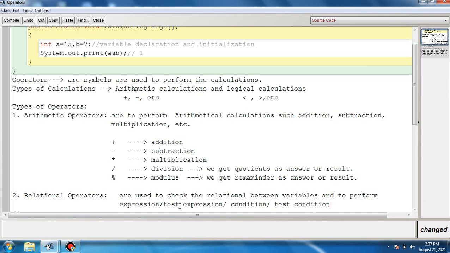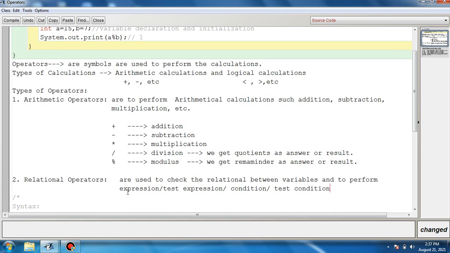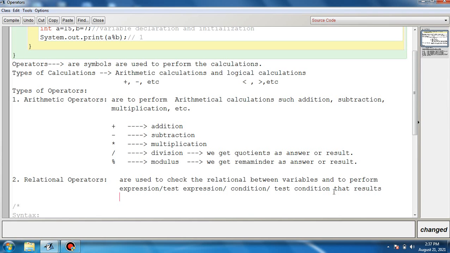For the time being, just remember the theoretical portion: relational operators are used to check the relation between the variables and to perform expressions, or test expressions, conditions, that result in a true or false value.